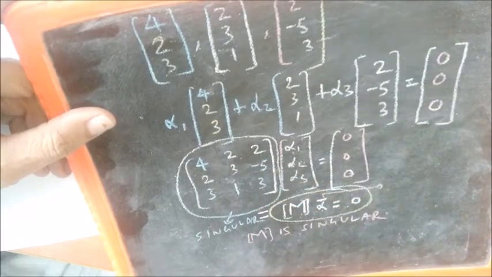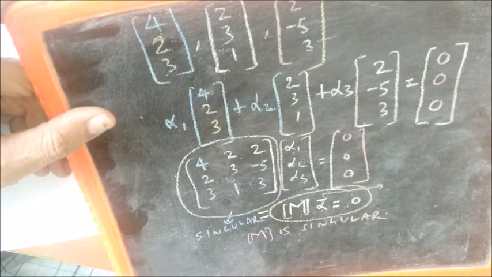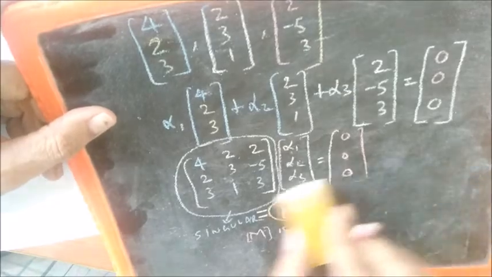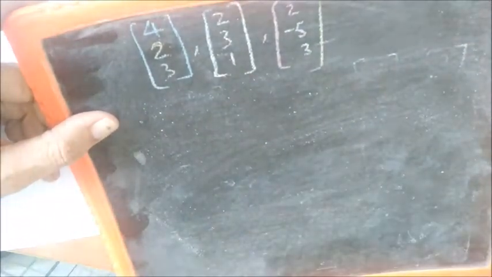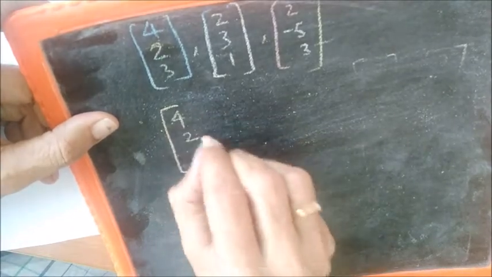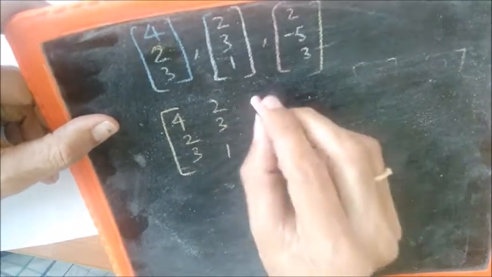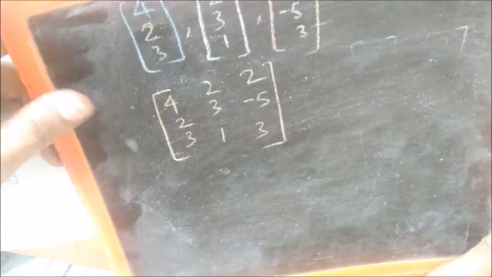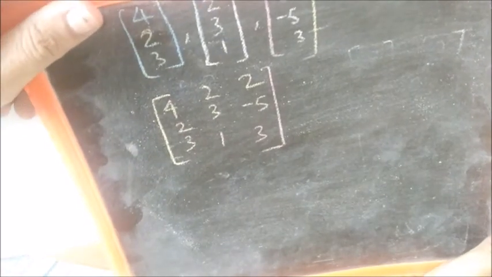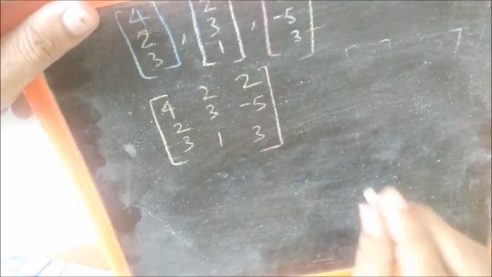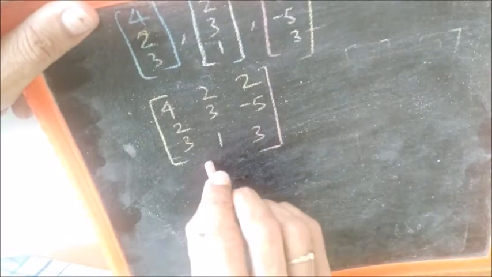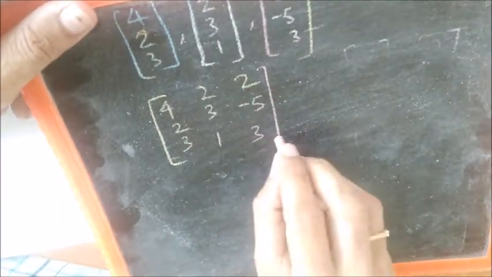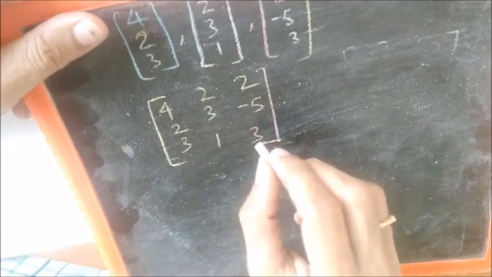This is something that we study in a different way in matrix theory. So now the task is to find whether this matrix is singular or not. If it is singular, then these vectors are linearly dependent, and if it is not singular, that is, if it is invertible, then they are independent. So I repeat, if it is a singular matrix, then these vectors are dependent, and if it is invertible, then these vectors are independent. So let us calculate the determinant of this.